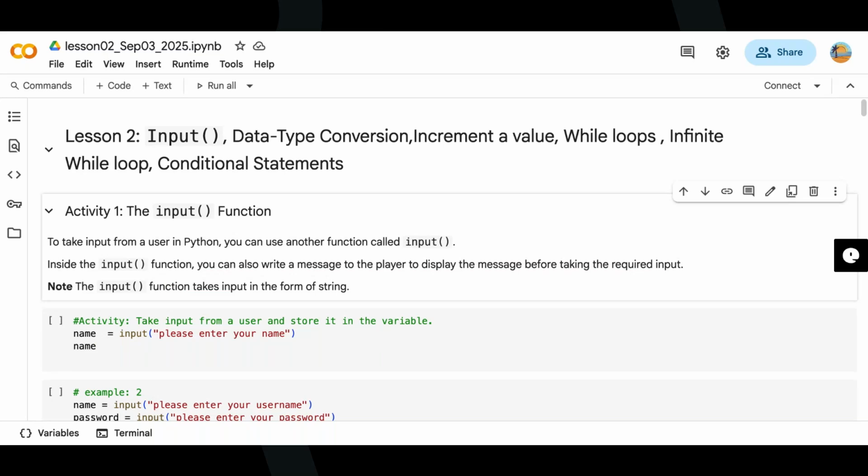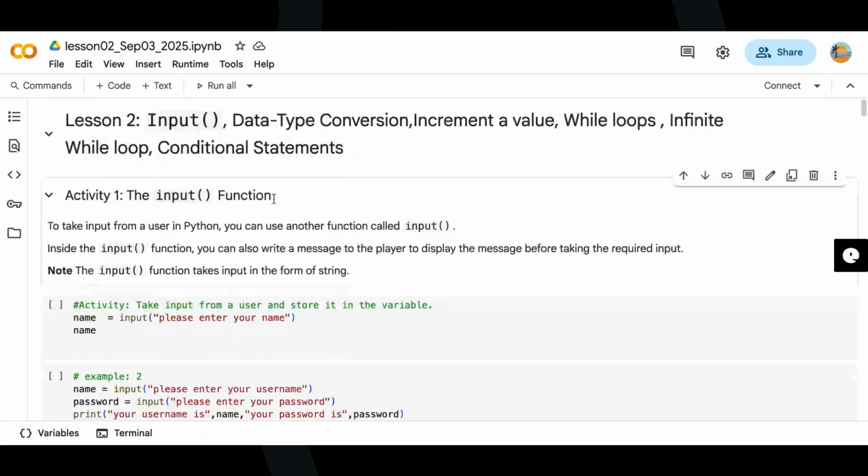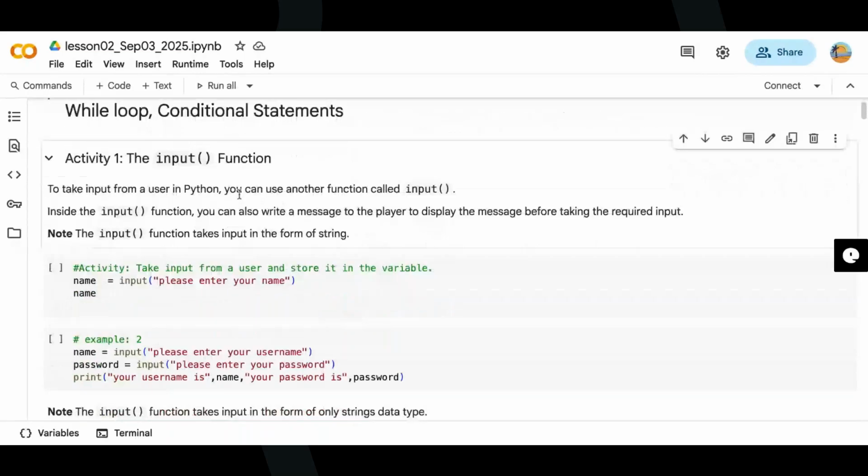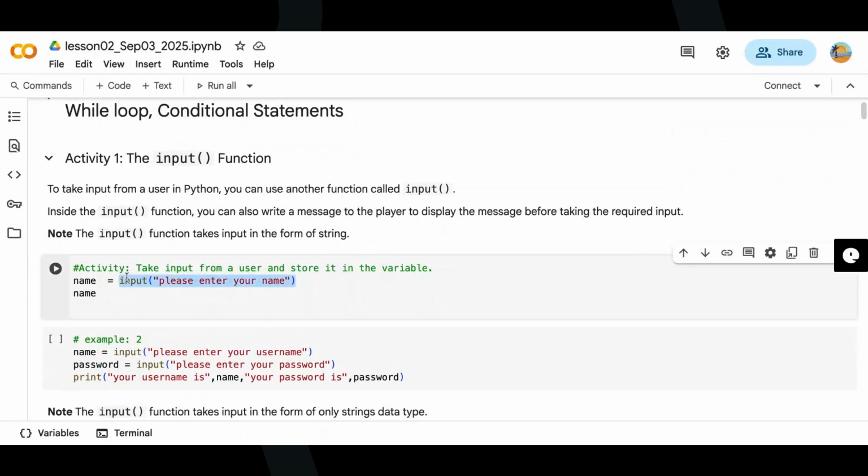Functions are like machines where you give some input, and according to how the machine is made, it would give you the output. Like if there is an ATM machine, you give